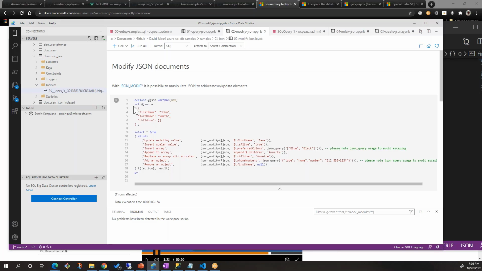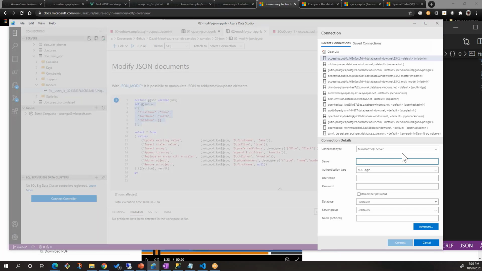This is our JSON. Remember, we're not selecting from any table, we're just getting the document as a JSON. And then we're updating it, basically changing his name, making him alive, adding his preferred color, saying that he has a child, child one, etc. Okay, I need to connect.